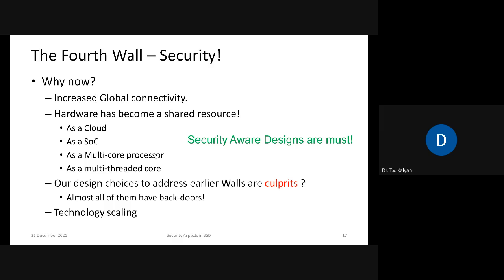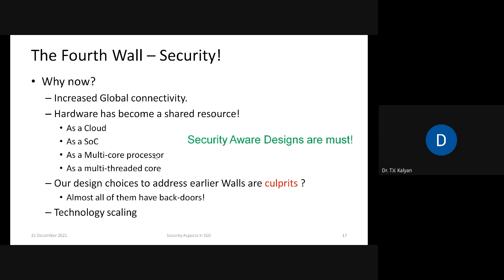So security aware designs are needed, and that's the reason I have labeled it as the fourth wall. Earlier we had power aware designs, performance driven designs, and memory aware designs. Now we need to put them all as a subset of the security aware designs,